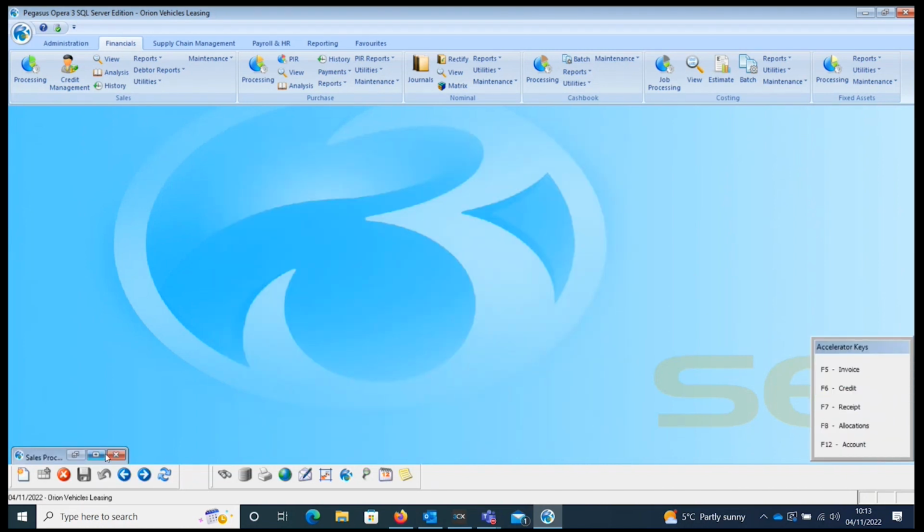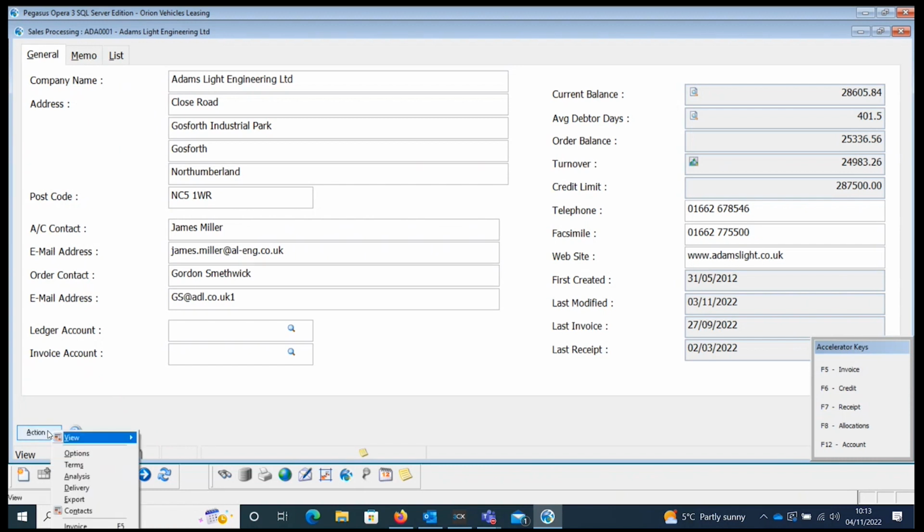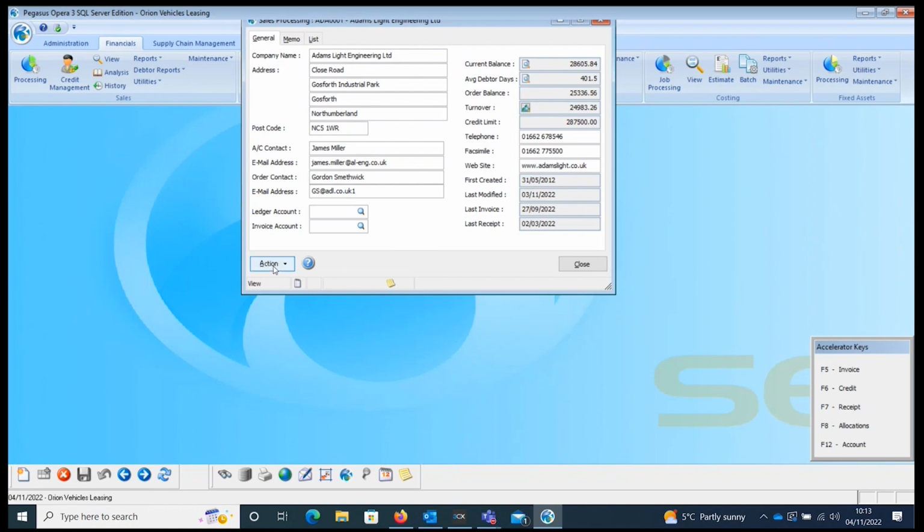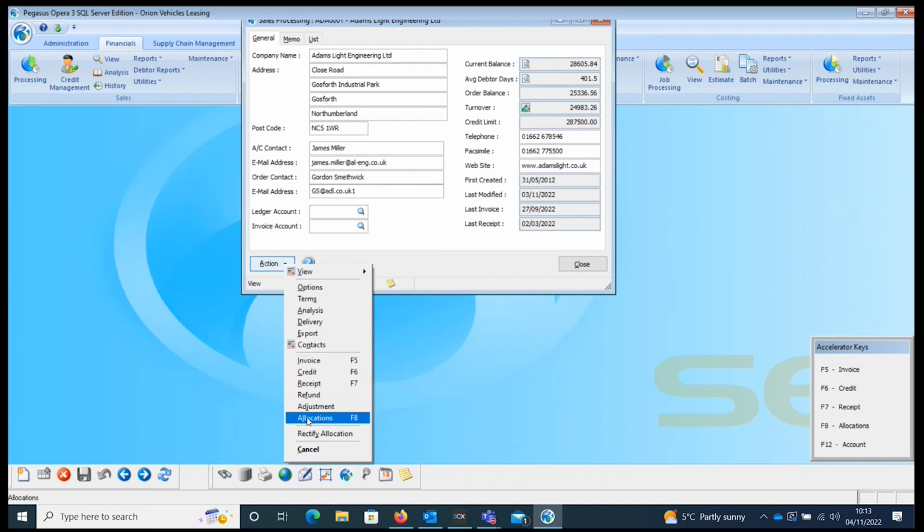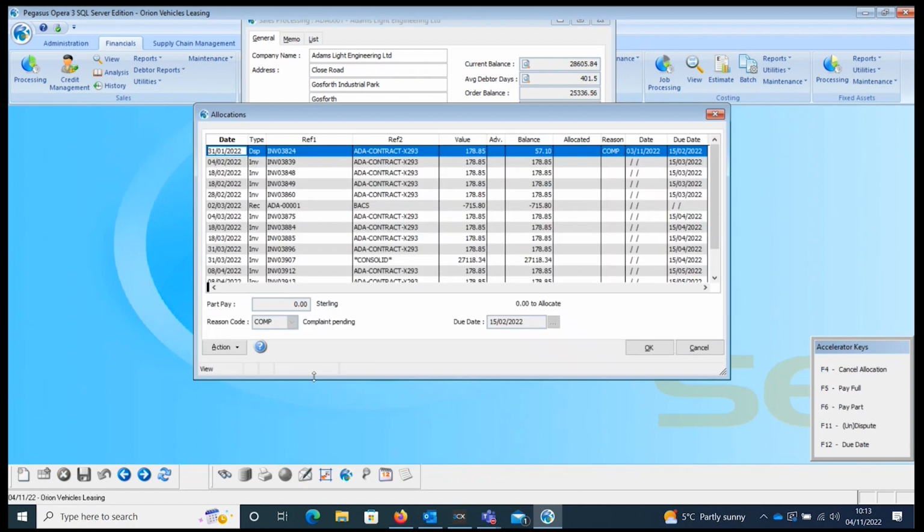Let's just look at some other little bits that actually happen on here. So if we go into allocations again, and this time, you can see I've got the one that is in dispute. So let's say, for argument's sake, the client has actually come back now and said, well, we've sorted that out, we're not going to issue a credit. They were happy with the outcome on that. So all I would need to do here is undispute it, and if I save that,